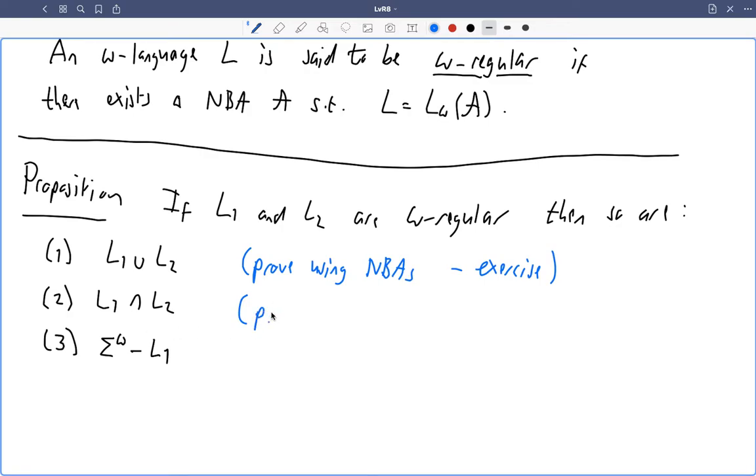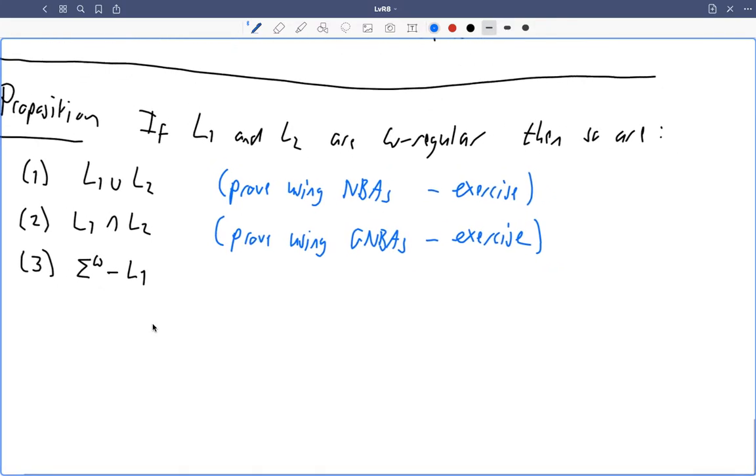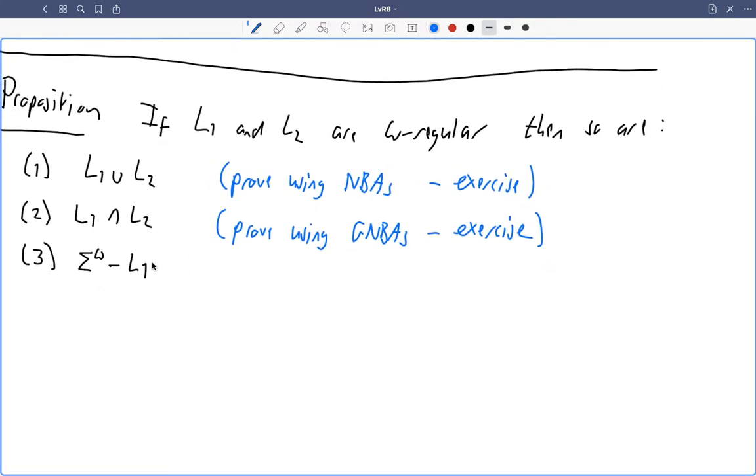This one you prove using GNBAs, generalized non-deterministic Büchi automata. So again, I'll leave that as an exercise. It's much easier to prove this using generalized non-deterministic Büchi automata. And this one, closure under complement, well, anyway, we're not going to need it, but this is